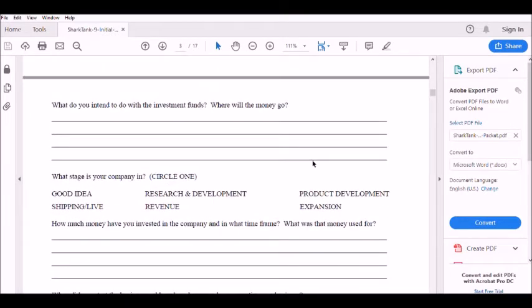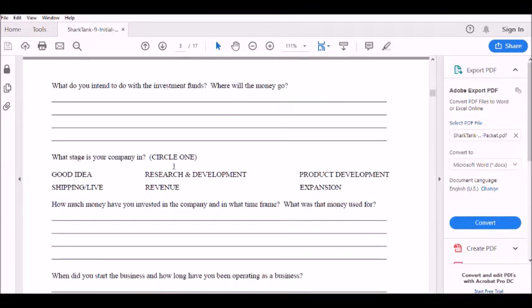But here is where I see a lot of my clients neglect. And I'm going to wave with the pointer here. Exactly what are you going to do with the money? Where's the money going to go? People also have a tendency to fudge and overstate this, that they kind of claim to be along the stage of research and development and product development, when in fact all they've done is really got it to the idea stage. And unfortunately, not enough of my clients get things to the shipping and live stage. I wish I had more of those.